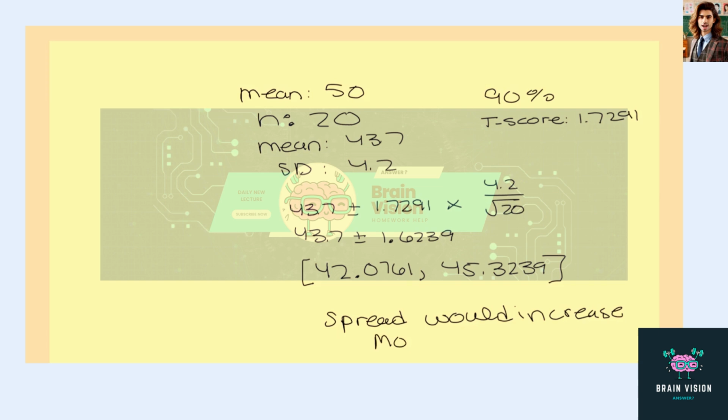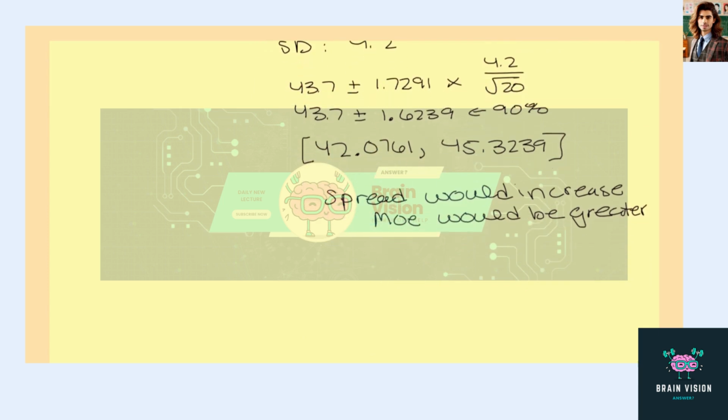Right now, the margin of error for 90% is 1.6239. For a 95% confidence interval, the margin of error is going to increase to 1.9657. And so then your confidence interval is going to be between 41.7343 to